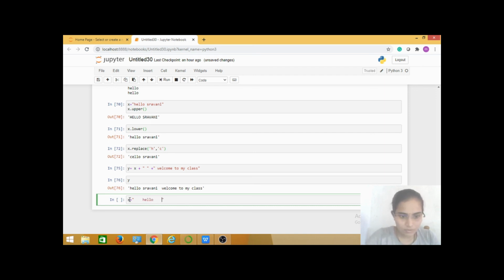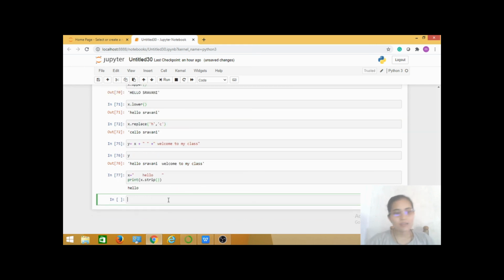Again I am giving some white spaces. Let's see how it works, x dot strip. See here, I am not getting any white spaces before the starting position and after the ending position.